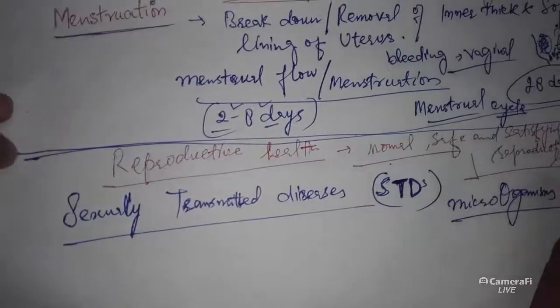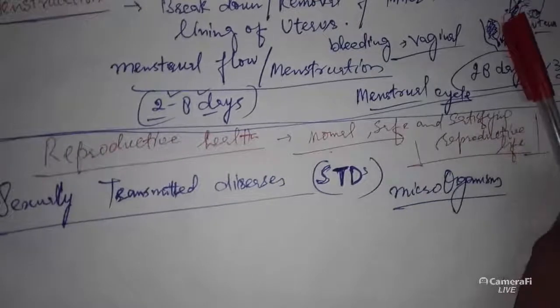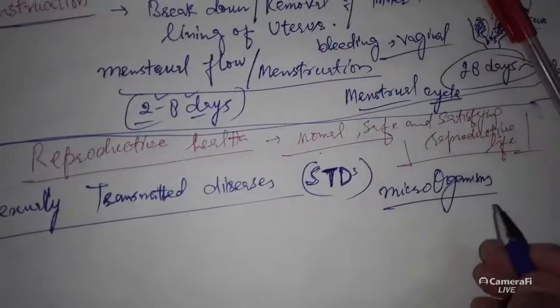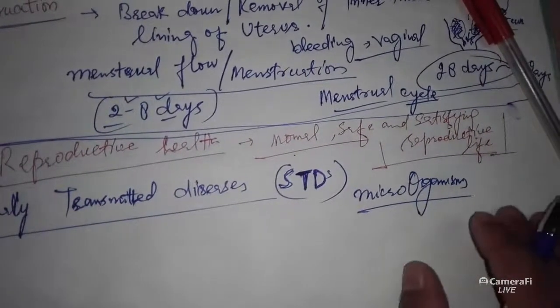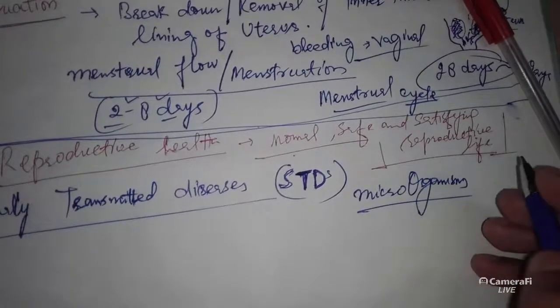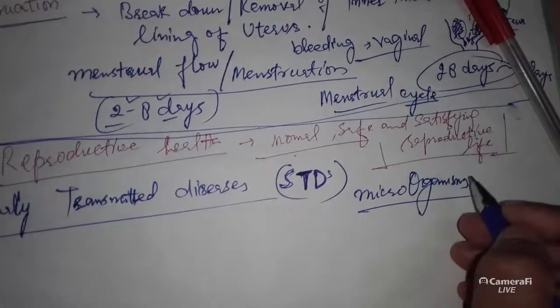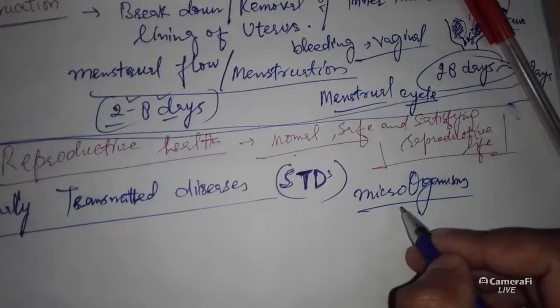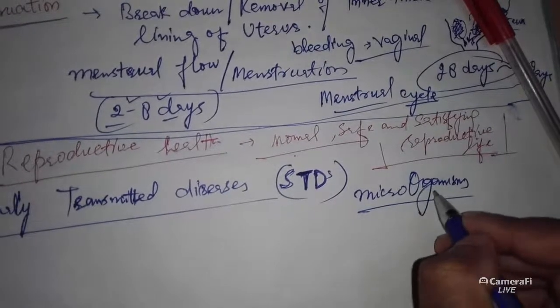The various microorganisms involved in it are specific microorganisms. They are not the microorganisms which can infect other parts also. They are very specific to the reproductive system only, these microorganisms. Okay,